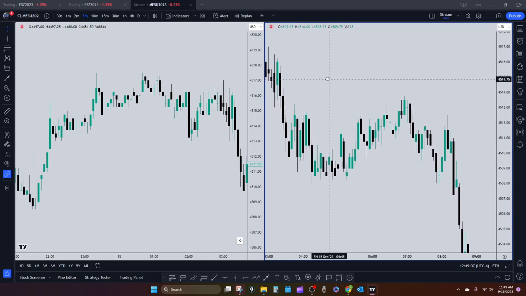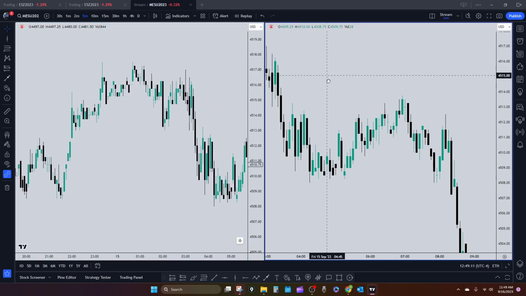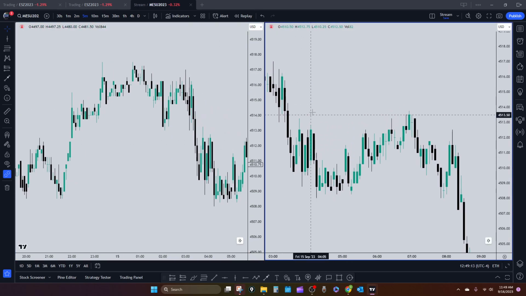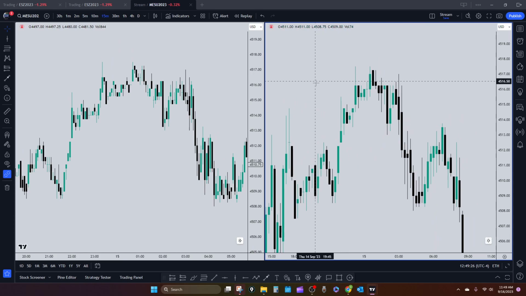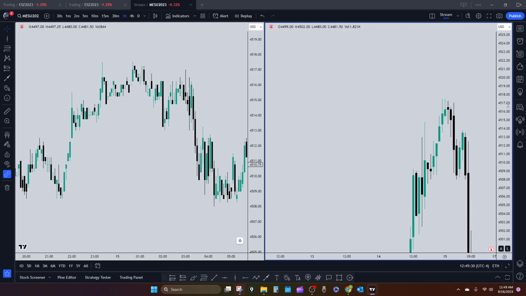So right now they're both on 5 minute time frames. So the idea behind this is to use other higher time frames, all kinds of different screens. If you want to watch NQ next to ES, you can do that here. For the sake of simplicity, I'm just going to show you how to use the different time frames right now. So now I've got a 15 minute, let's go to an hour. All right, so now I'm looking at